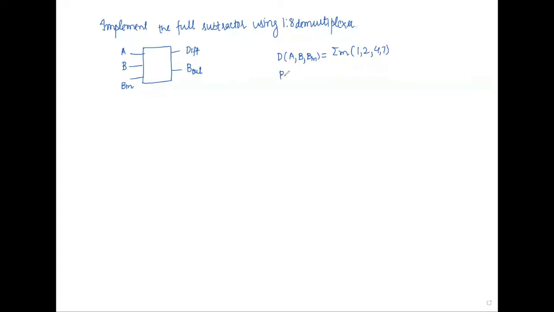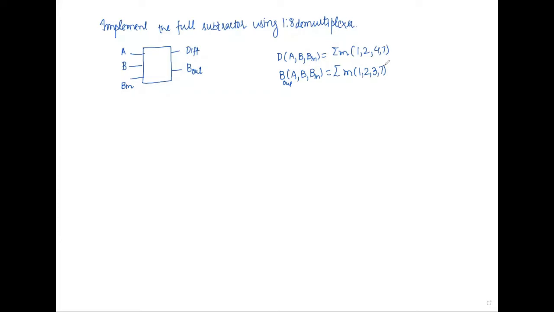Similarly, the borrow corresponding to A, B, and borrow in is being given by sigma m 1, 2, 3, and 7. So this is corresponding to borrow out, and this is corresponding to difference.